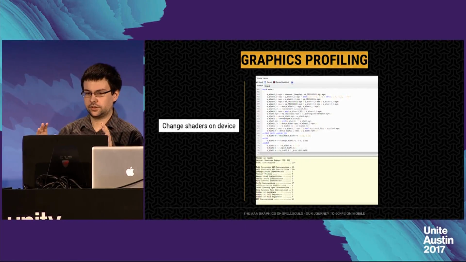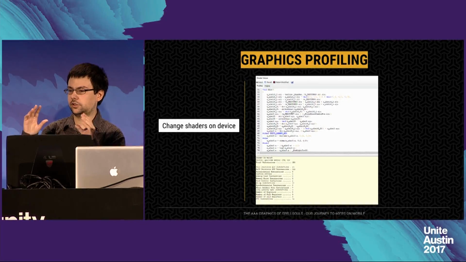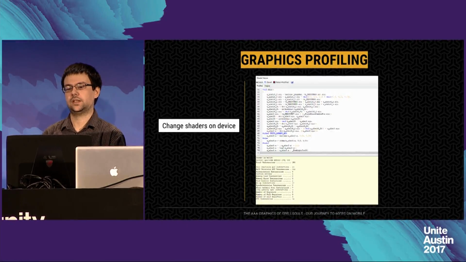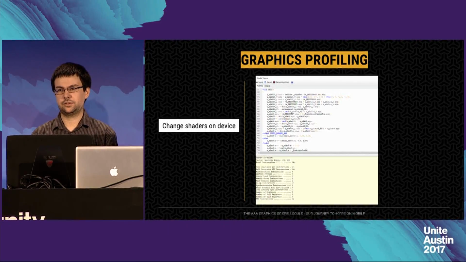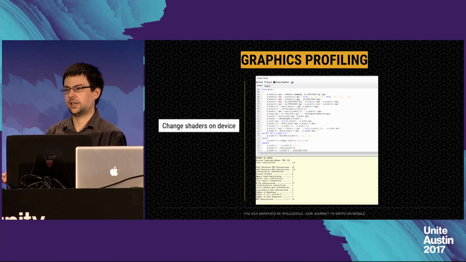Spellsouls. And the really cool thing is that you can actually view all of the shaders on your device, and you can actually change them in runtime. It takes like half a second. And building our game takes between 15 to 30 minutes. So if you want to change a shader, this is an obvious way to go if you're testing something or